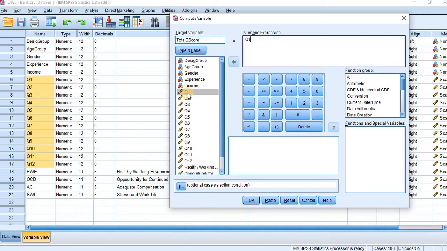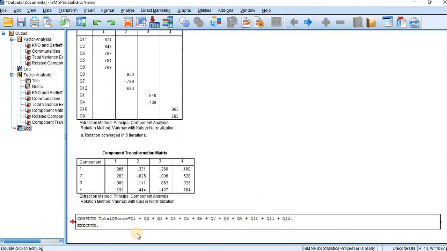We have to add the score of every variable, Q1 plus Q2 plus Q3 plus Q4 plus Q5 plus Q6 plus Q7 plus Q8 plus Q9 plus Q10 plus Q11 plus Q12. Click OK. In this last line, the compute total Q score has been created.